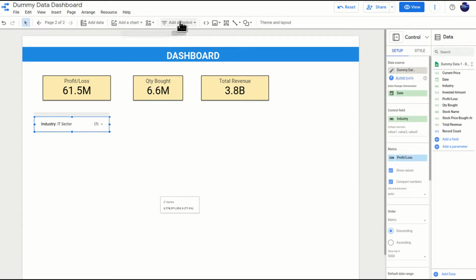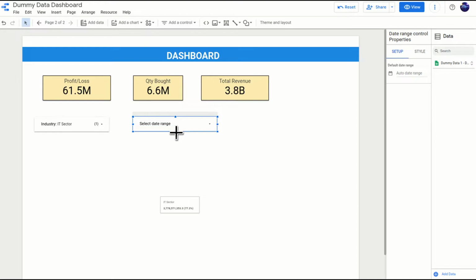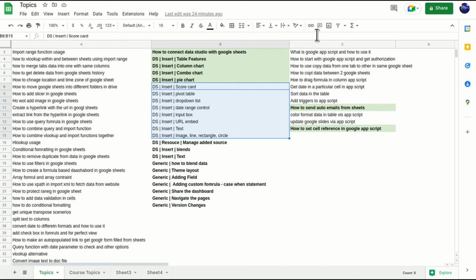Similarly, we also have one more option in this, which is known as date range control, which is very useful when you are showing any data which has a date range column in it. So for example, this particular date range, right? By default it tries to get the date column in your dataset. So if I talk about my dataset,